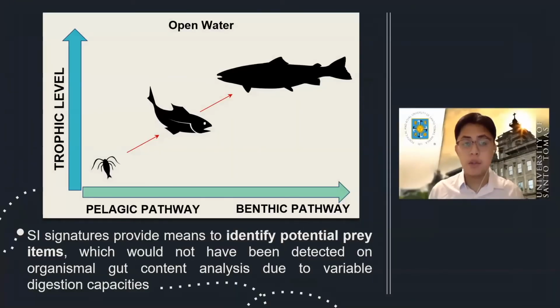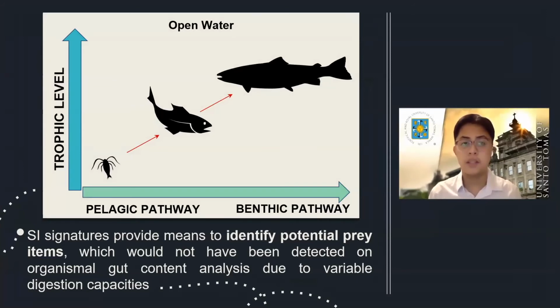A common theme can be seen among stable isotope analysis studies in Southeast Asian inland waters. As mentioned, these have shown how stable isotope analysis visualizes trophic interactions among the inland water community, making complex pathways and interactions between pelagic and benthic food webs easier to understand. And this is accomplished through the construction of stable isotope biplots as shown here.